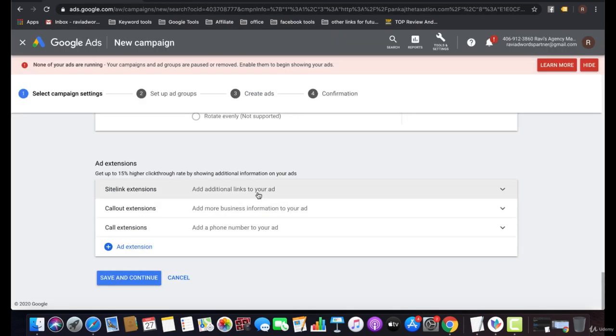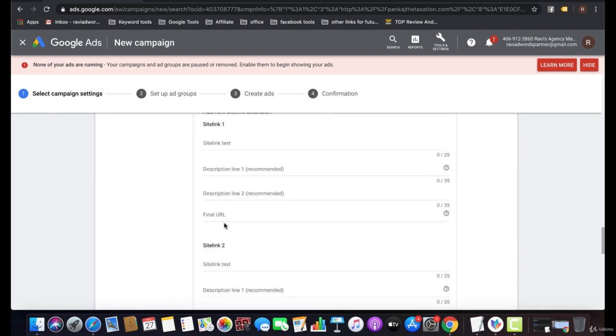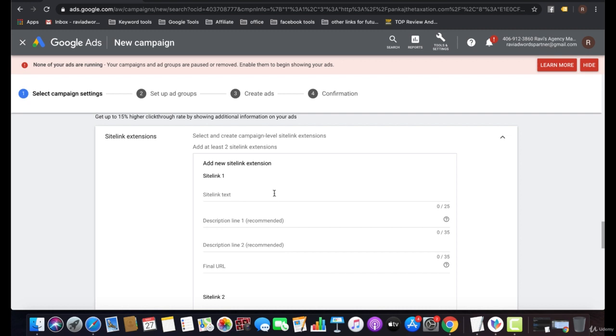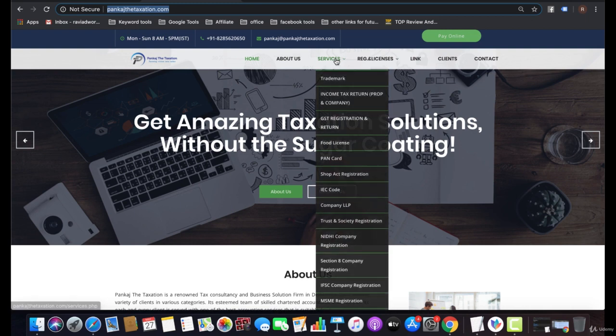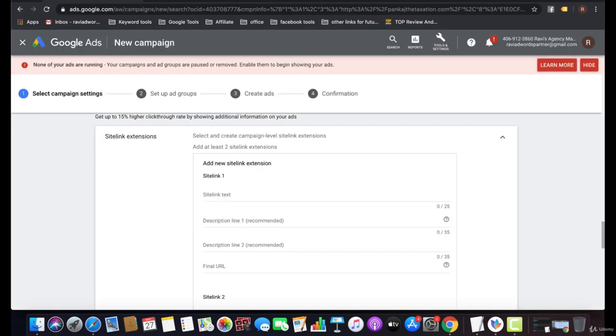Now for site links we can go with a few options, like a new site link extension. I can go with trademark ITR. I need to put the final URL of my landing page, and